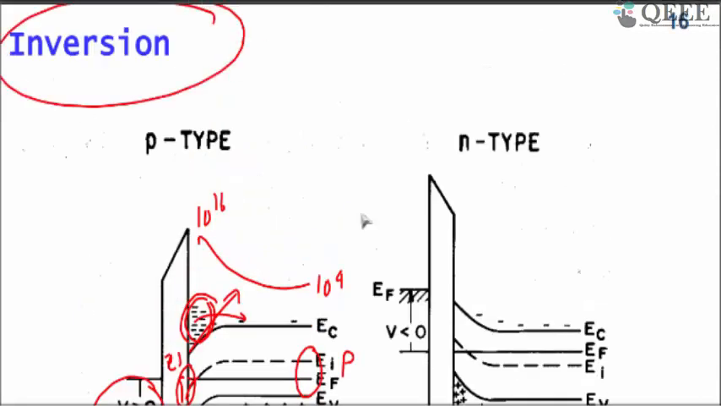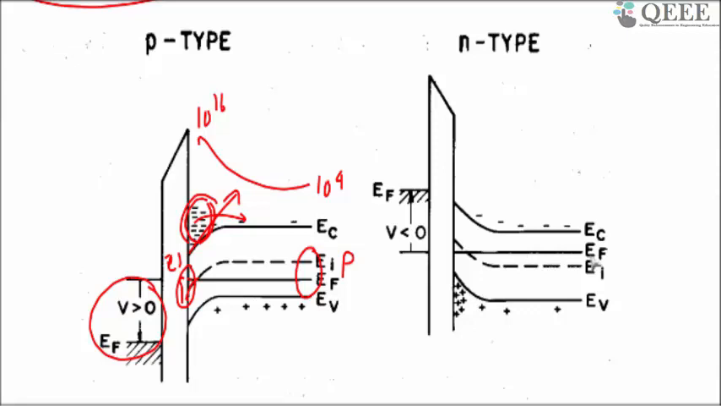Similarly for an n-type material, you are applying a large negative voltage for the system, so the bands move up. Here the bulk is an n-type material, so you have electrons here. Now your EI went above EF, that means it's